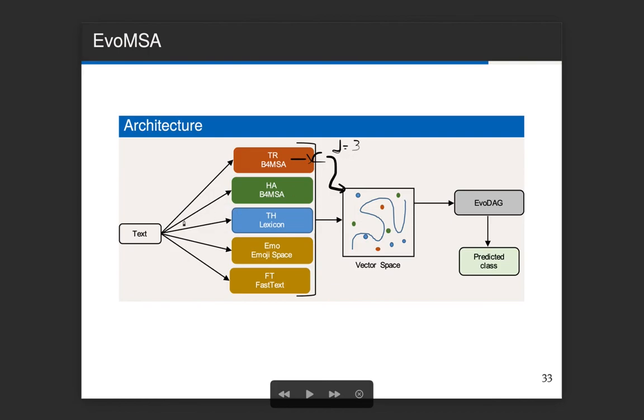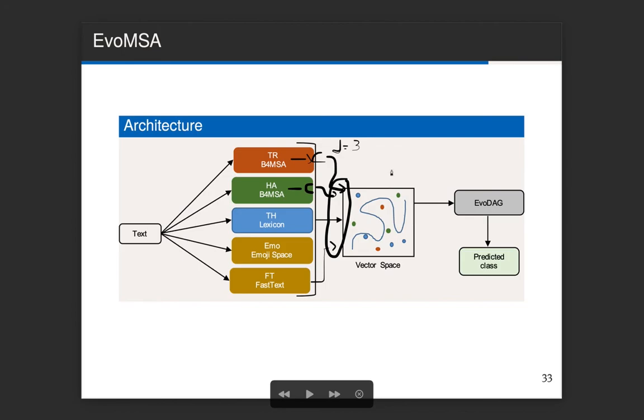Again, here comes the text in this module, and instead of using the output of this text representation, you use a classifier, and the output of the decision function of this classifier comes out here, and you do the same here.